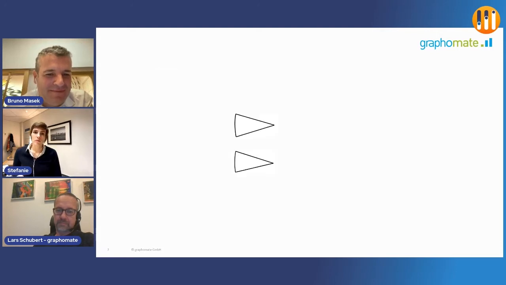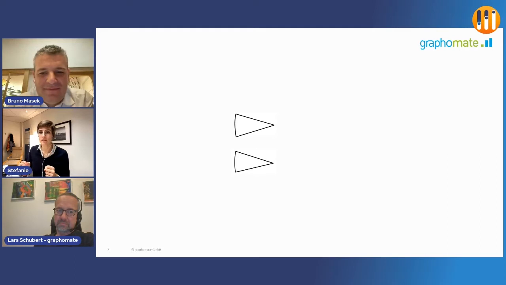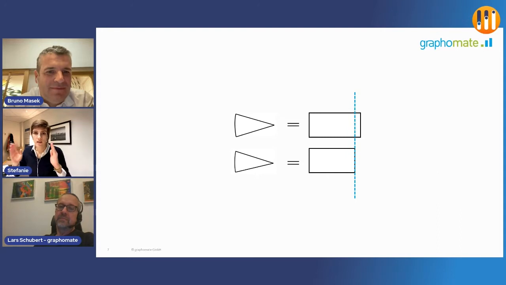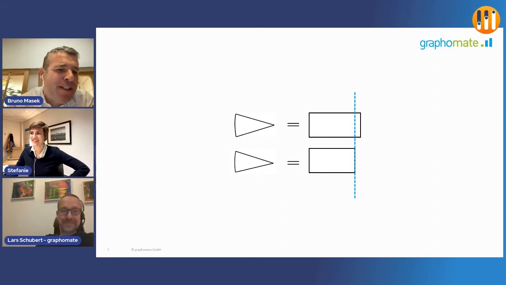To provide you more information about this, we have here small wedges, and you can't tell if they have the same area or if they represent the same data. When you put it in squares or rectangles, it's so easy to see. Here we have a line, and at one spot we can see the difference. So this is quite interesting, and that's the reason why Graphomate prefers bar charts and doesn't use pie charts. Yes, simple bar charts. But who still wants to use pie charts? If you have lots of information, it's completely useless. You don't see anything.